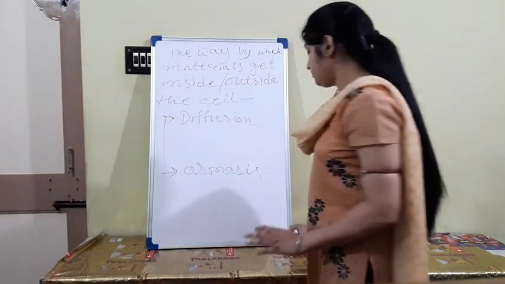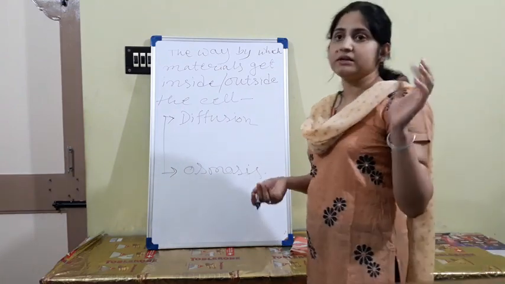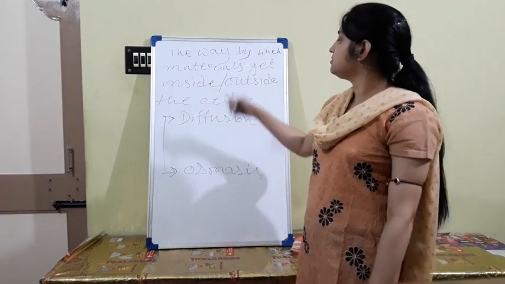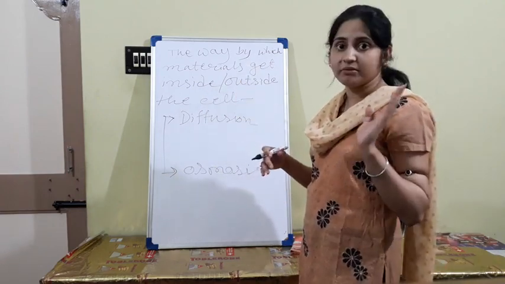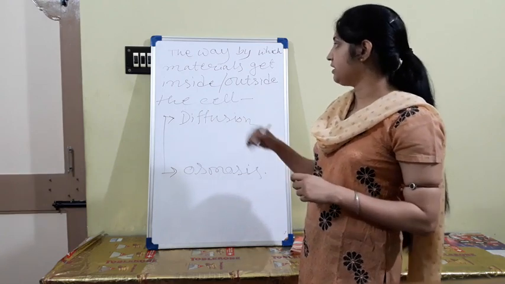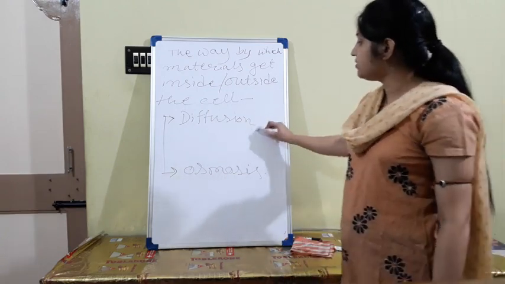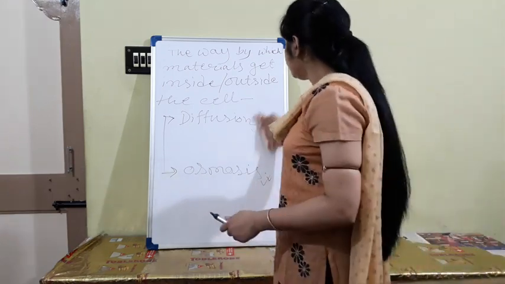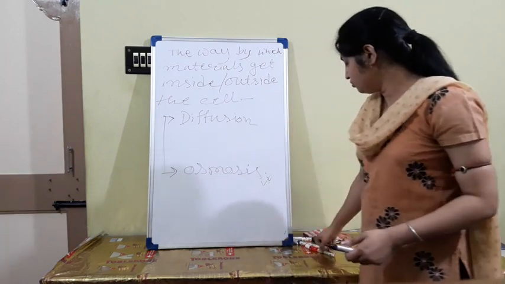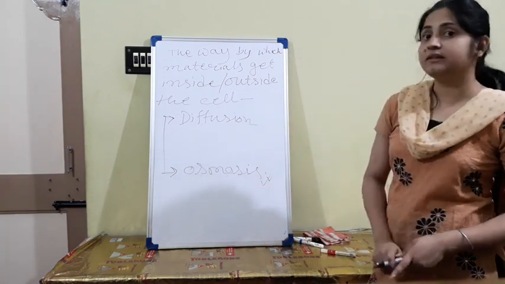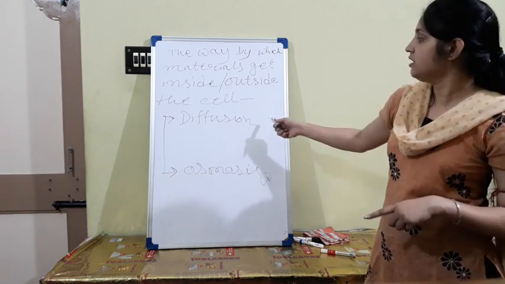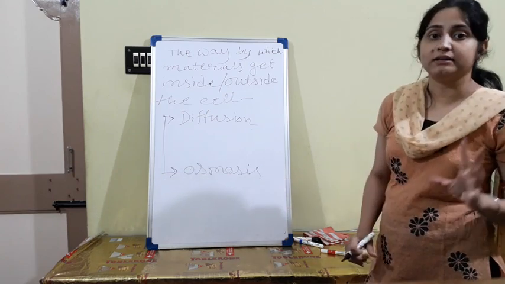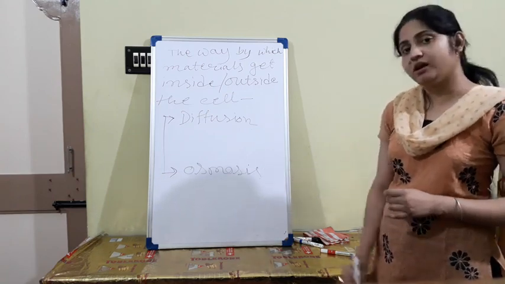If you move from one place to another, you take the help of different types of vehicles and roads. Similarly, there are two ways by which the selectively permeable membrane allows the movement of different materials inside and outside of the cell. First one, diffusion; another one, osmosis. What is diffusion? The gaseous exchange, CO2 and O2, getting inside and outside of the cell occurs through diffusion. And osmosis is the movement of water, the liquid material.